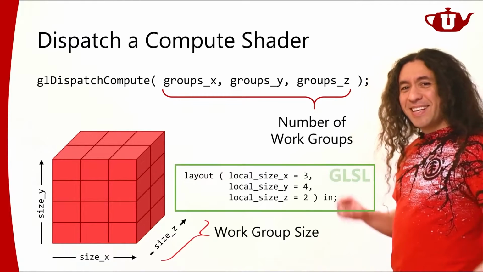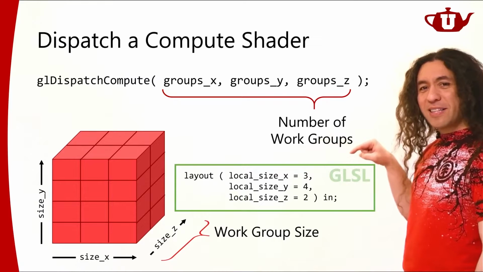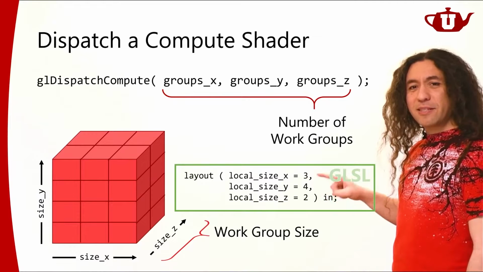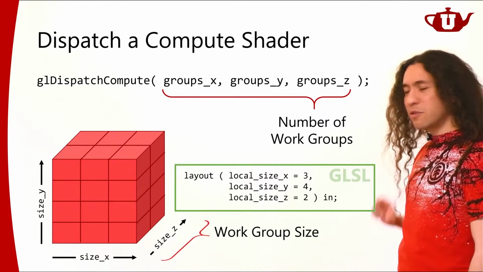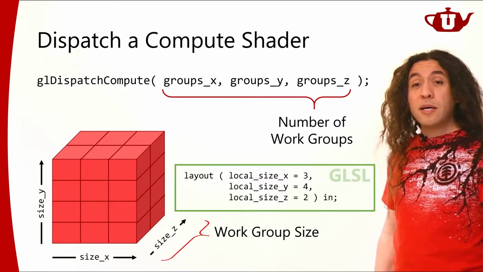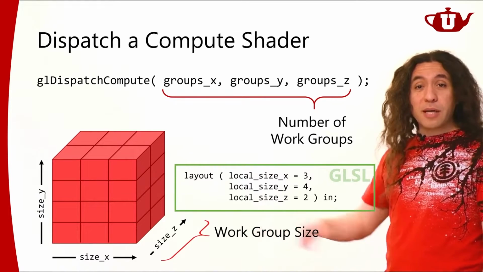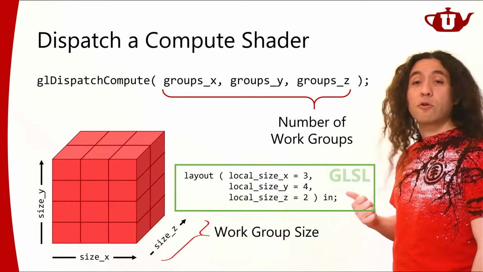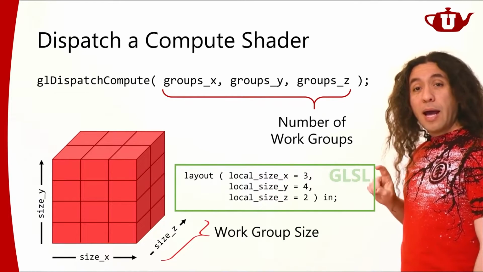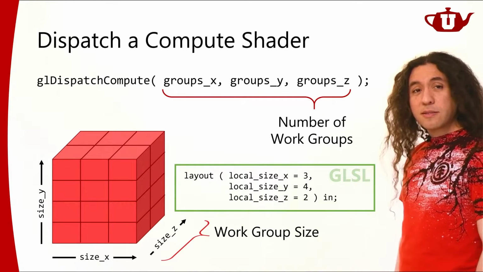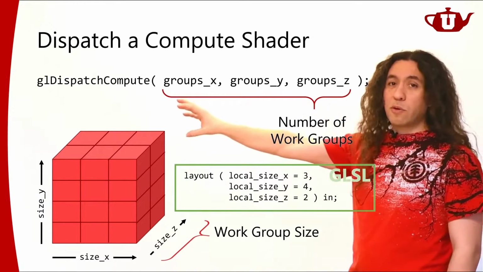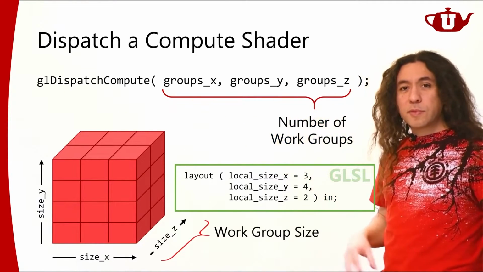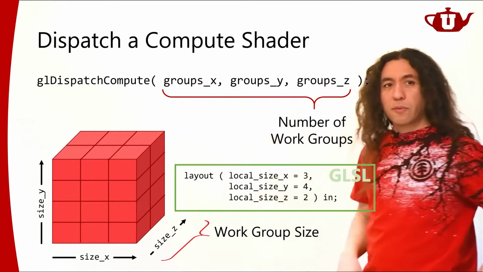I'll tell you in a second why. But you specify the work group size in GLSL. In this case, these were the numbers. So your GLSL code for your compute shader will specify your work group size. That shader will be written for that particular work group size, right? And when I'm dispatching this compute shader, I can dispatch any number of copies of this work group in X, Y, and Z, right? So it's a larger group and a smaller number of threads in here.